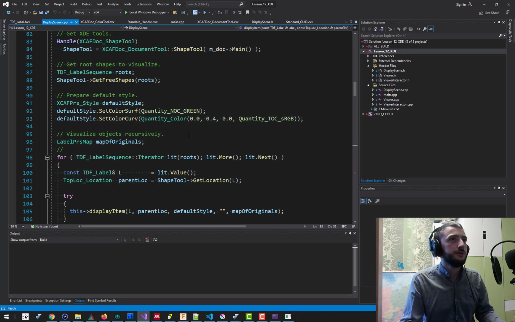you might also want to design your own data structures, and you're not obliged to use XDE or AIS. You can use whatever you want. You can use, for example, a database engine, or you can design your own data model also based on OCAF, why not? So this is just a solution which is available out of the box, and you can benefit from